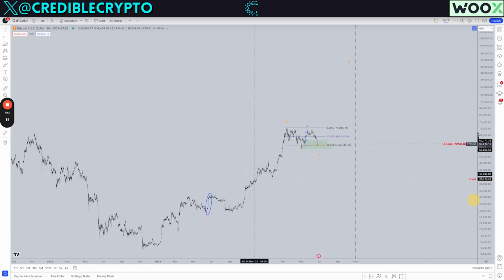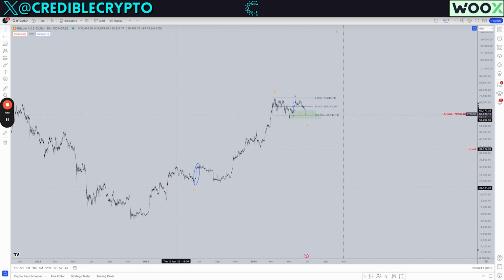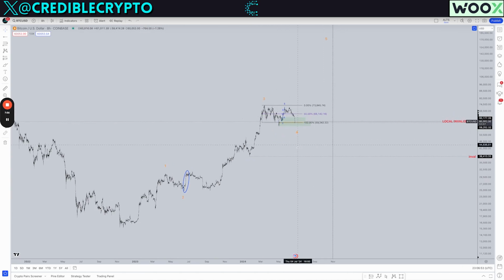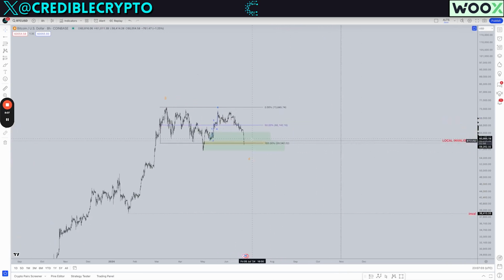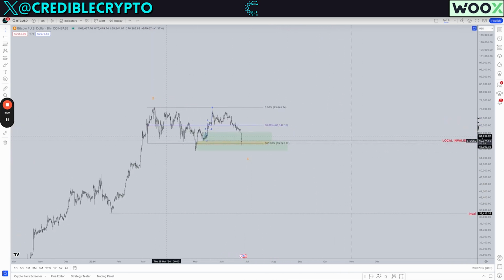But really, guys, the same way that we had a 5-wave move here and invalidation is the origin of this impulse, we do have another 5-wave move here, and invalidation is the origin of that impulse. But we shouldn't even go below 38K realistically. It would take some massive sell pressure to get us back down to these levels. And with the data that I'm about to show you, I'm going to explain to you guys why I think that's probably unlikely.